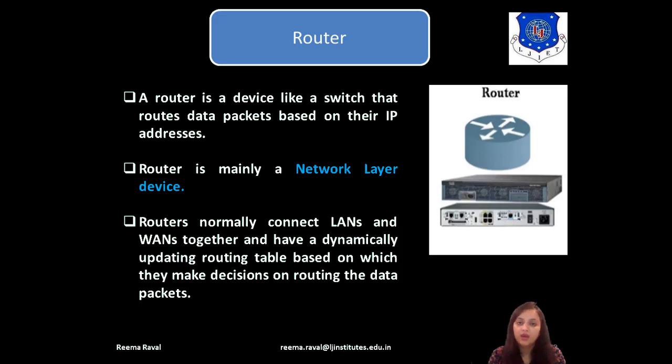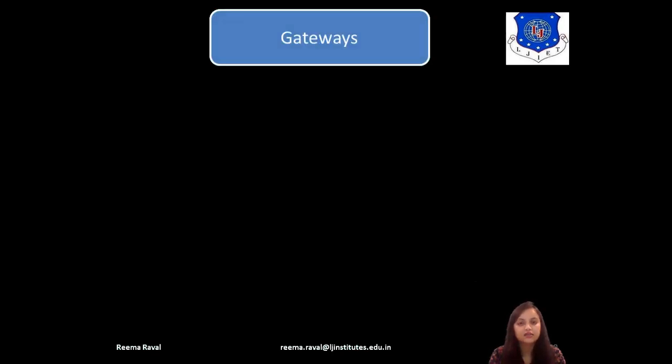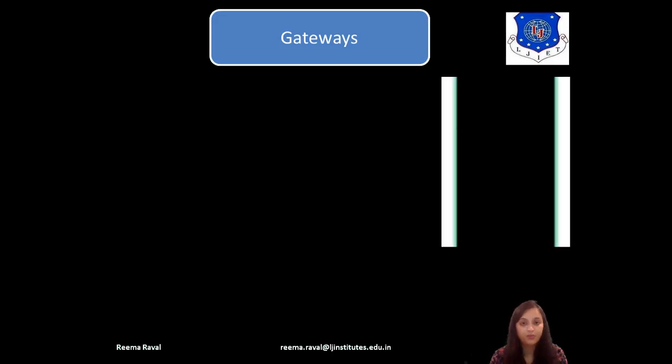There are multiple routing algorithms available and according to the requirement, different routing algorithms are used for transmitting data packets. Routing algorithms are those algorithms based on which the path is decided for the current network, right? And we will see each of the routing algorithms in detail. And the last network connecting devices are gateways, which are also important.